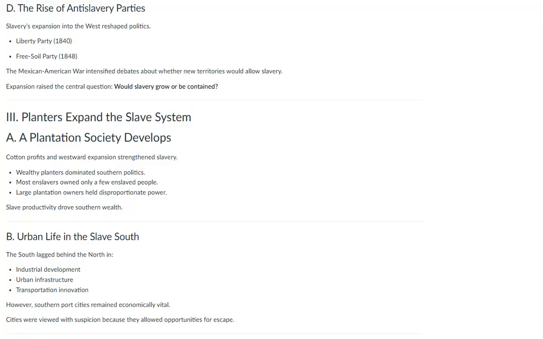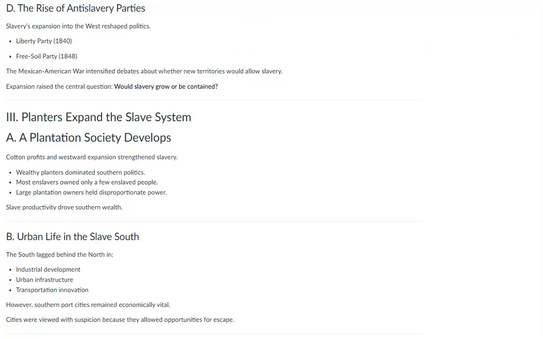But do know that because of the war with Mexico that ends in 1848 and it ends with the Treaty of Guadalupe Hidalgo, we have now gained all this land. What do we do with this land? Is this land going to be slave or is it going to be free? Because under Mexican law, slavery had been abolished. Slavery is not going to be abolished when that territory is gained. And that's important to know.